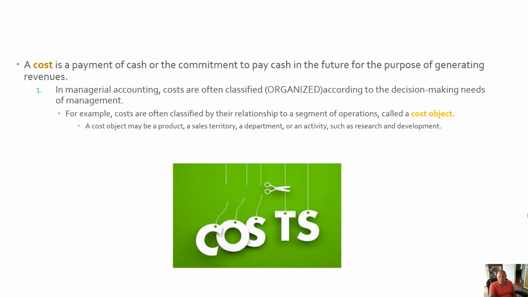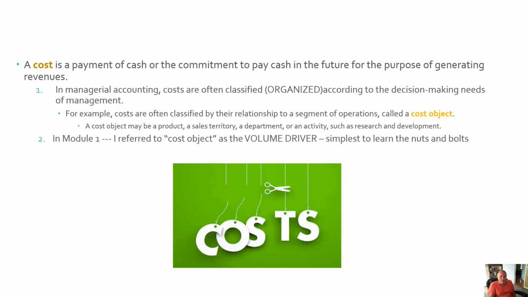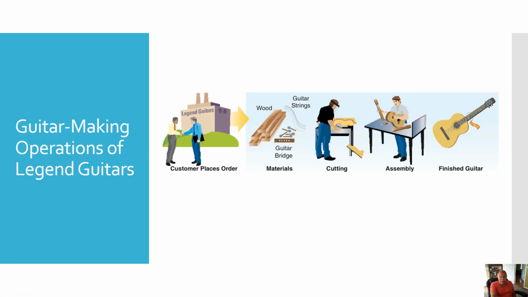The simplest term, in Module 1, I referred to as cost object. I'm repeating this because I want you to see the connection between the two. The volume driver is simplest for learning the nuts and bolts. That's what we're trying to do here, make sure you have an understanding of the process, what it is and why. And I'm going to introduce another company here besides Geneseo Coffee Company,